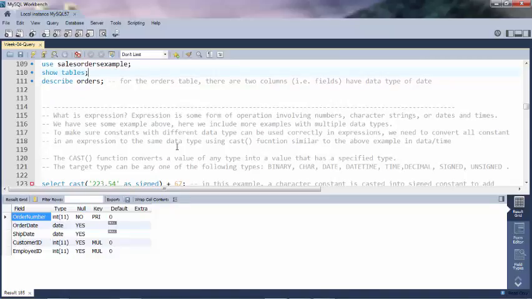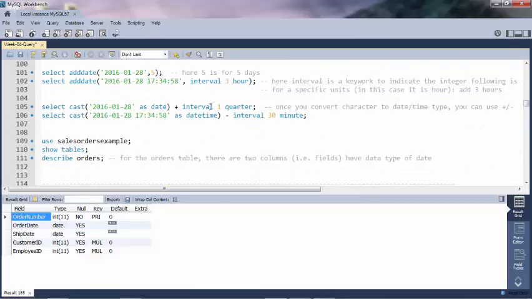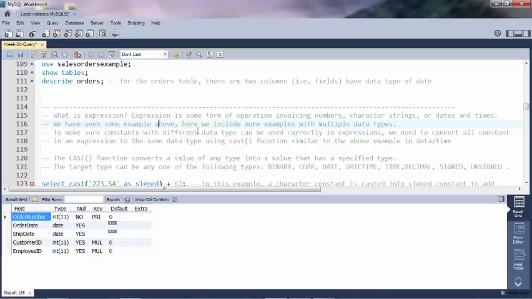And we just mentioned expression, but what is expression? Expression is some form of operation involving numbers, character strings, or dates and time. We have already seen some examples above, and here we include more examples with multiple